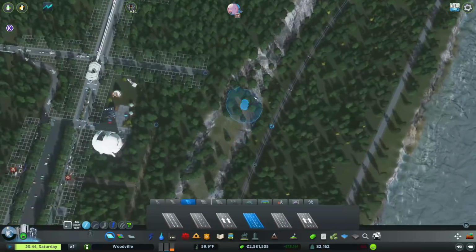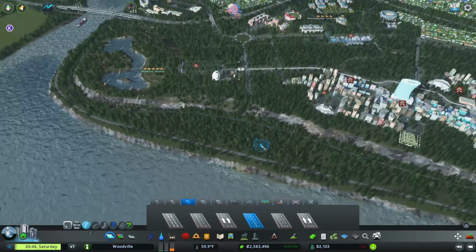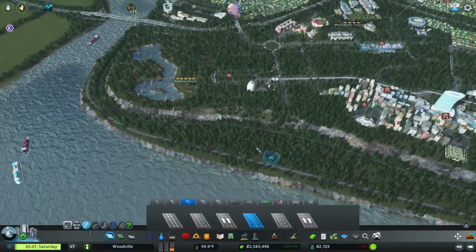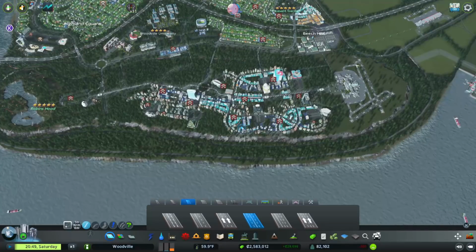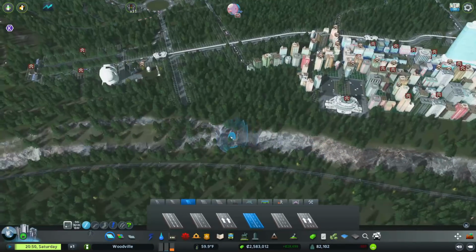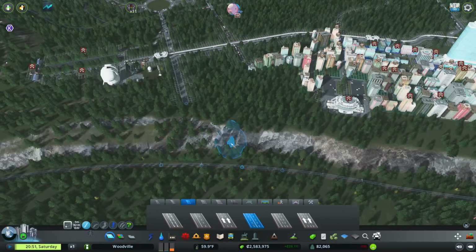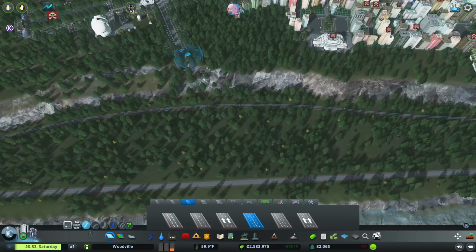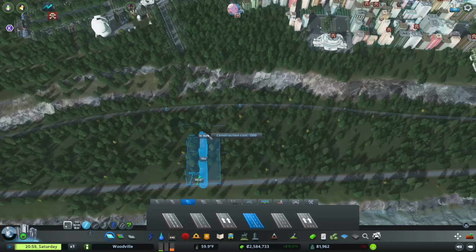But I think it'd be quite cool to add in a little connection going over. I don't know if it would be useful for anybody, but it'll be very interesting. So let's see what we can come up with anyway. It's going to come over and it's going to come down. And I think what I'll do for now is just create a simple T-junction. Not the best way to go about doing this, but at the same time,